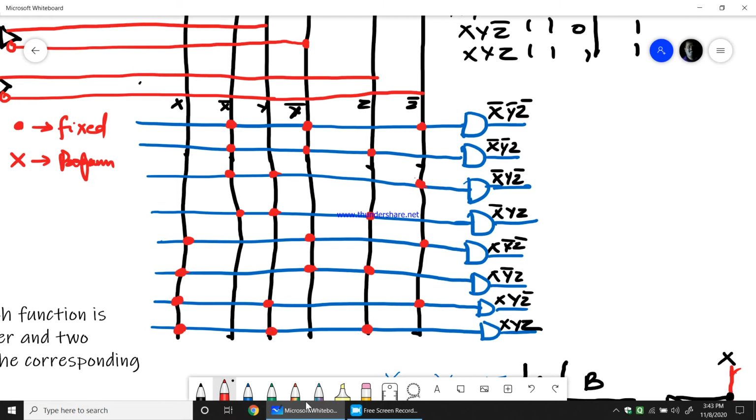Now these dots say it is the fixed AND gates for the product terms it should generate. My next job is to connect the OR gates, the programmed OR gates.